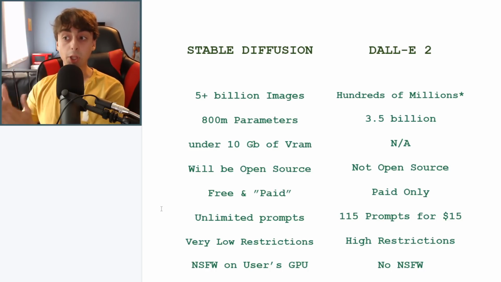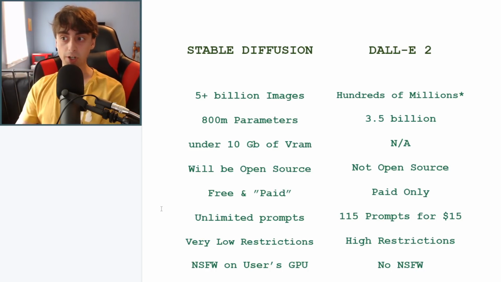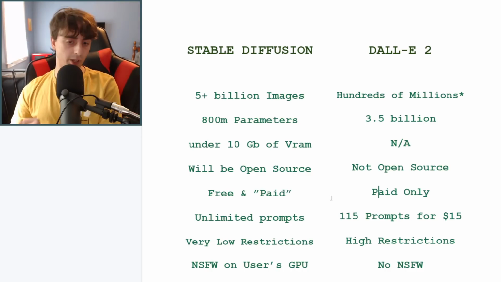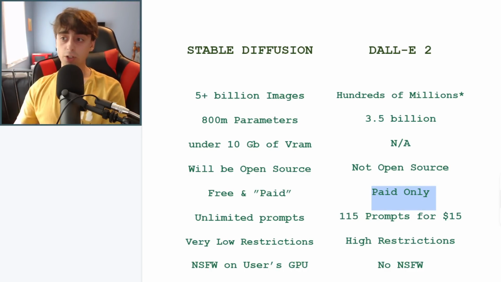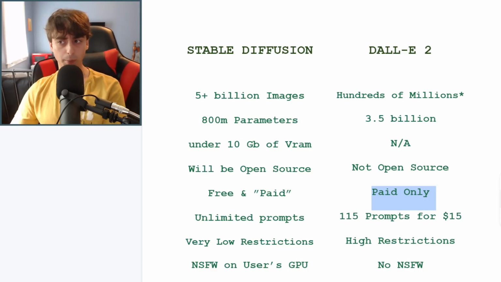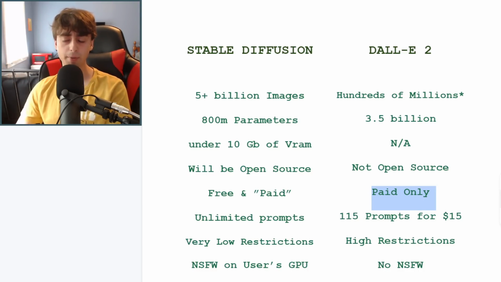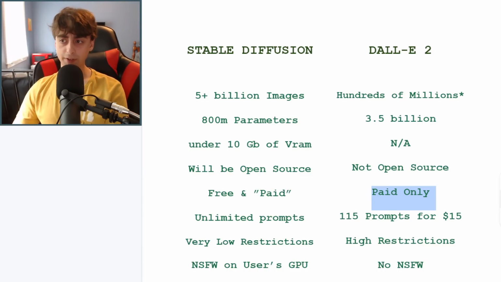But again, please do not quote me on that. Don't get me in trouble for that number. That's just a rumor that I heard floating around. And of course, we know how much Dall-E 2 costs at the moment. This could change in the future. OpenAI said that they might change their prices. At the moment, it's about 13 cents per prompt, but you will have to spend a minimum of $15 for 115 prompts. That is 4 images per prompt.